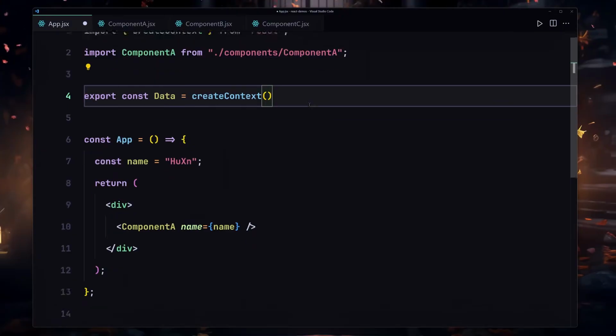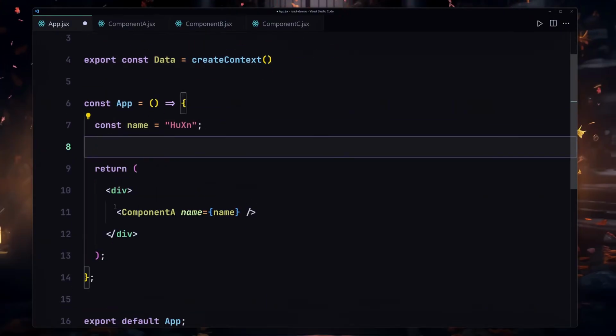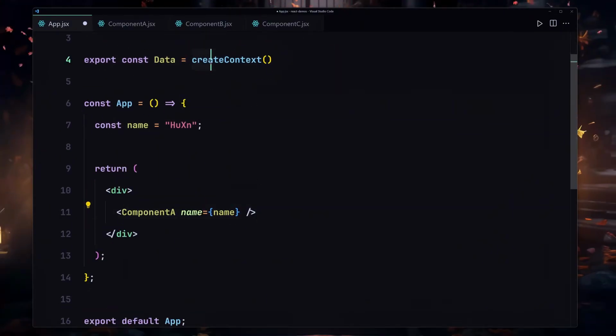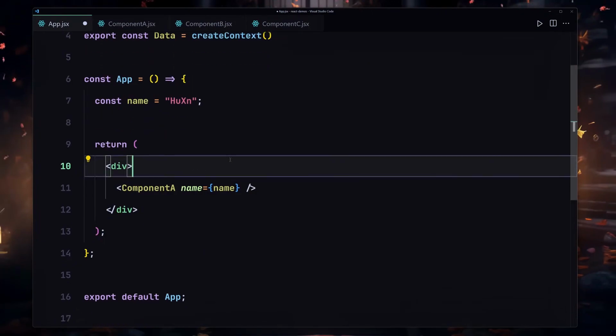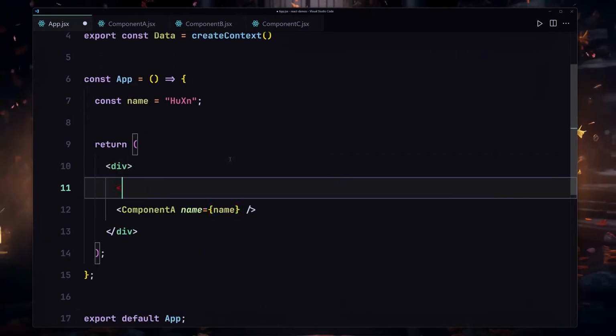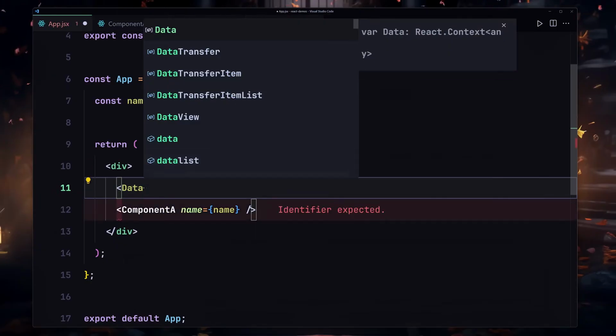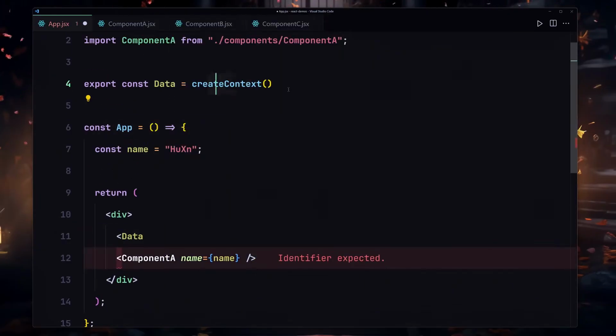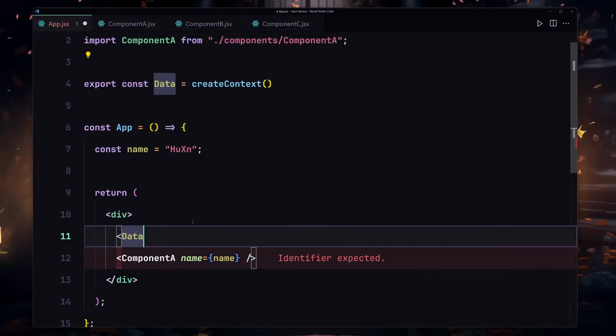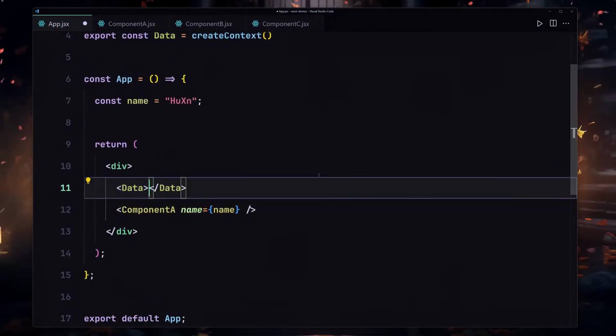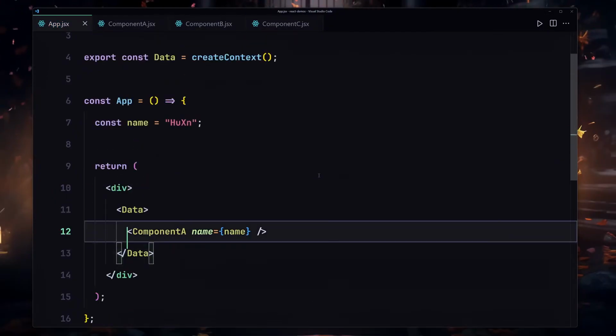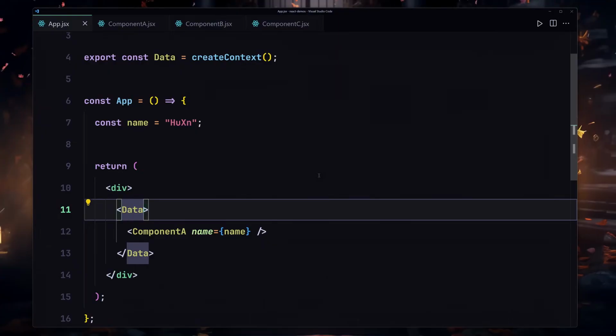So that's good. Now the next thing that I want to do is wrap my entire application to use this context. So how can I go about doing that? I'll just wrap that by using my data, which is now holding the value of my context. So I'm now calling this data right here, and now I'm going to just close that. And once I close there, I'm also going to wrap my component A inside there, then we have two